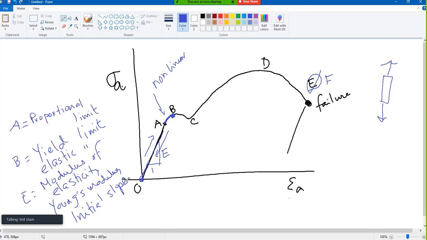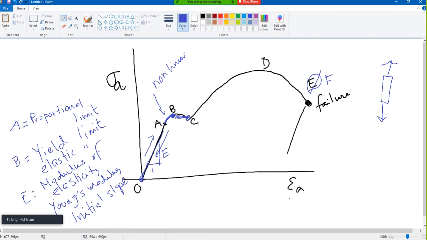Very important parameter. Okay, then what is B? You understood. That is the elastic limit. After B, there will be permanent deformation. This portion is sometimes linear, sometimes curved. Say a material C. What is C? C actually has no practical value. It's just another point.